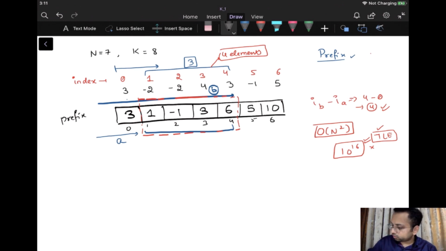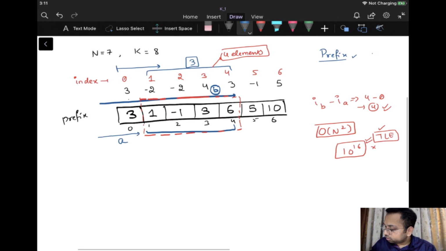For this particular thing, we are going to use a data structure which is called a DEQUE, or you can call it a doubly ended queue or double ended queue, whatever you may like. So we are going to use a deque. Before moving towards the algorithm, consider that if you are having a sum